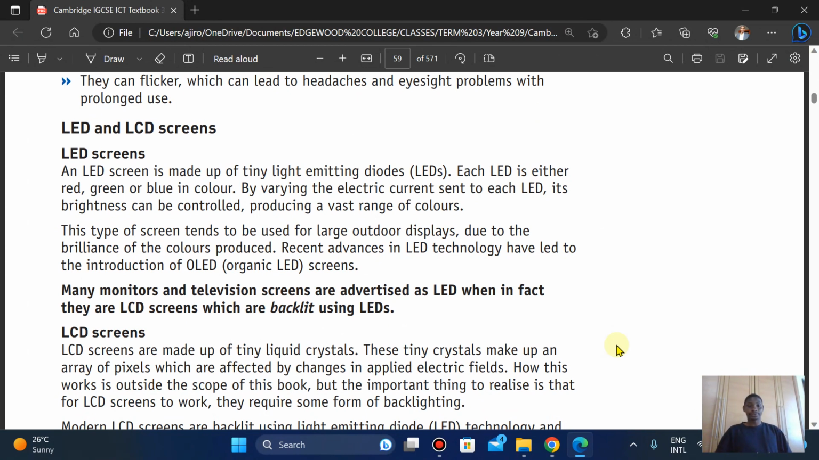Okay, talking about a new advancement of the LED. Many monitors and television screens are advertised as LED when in fact they are